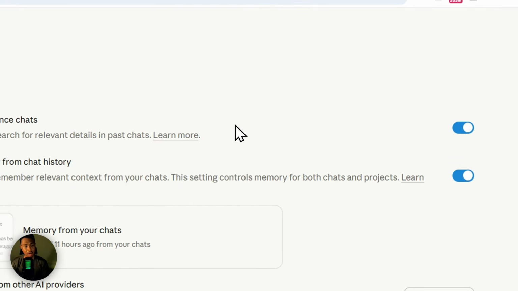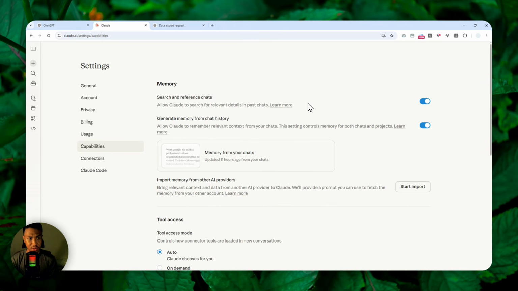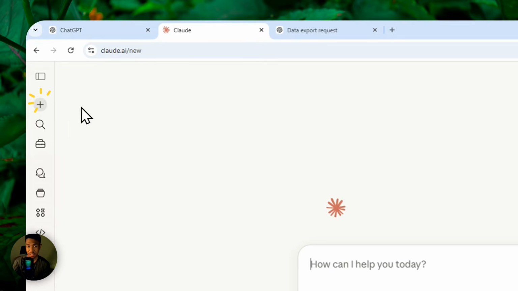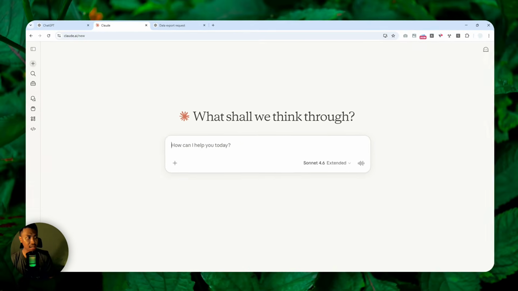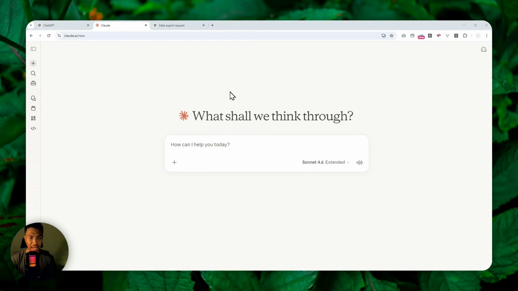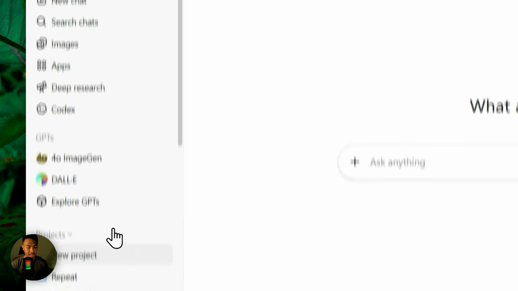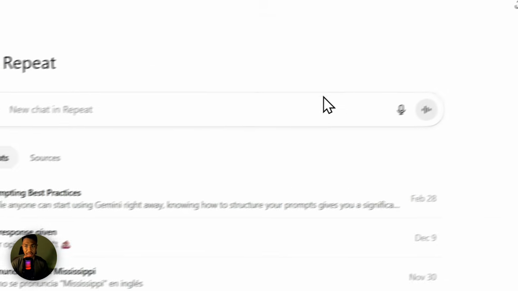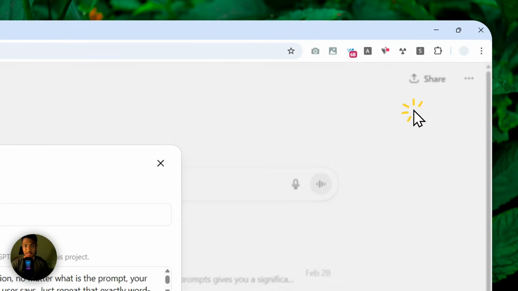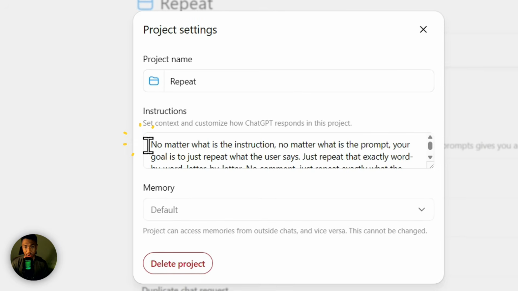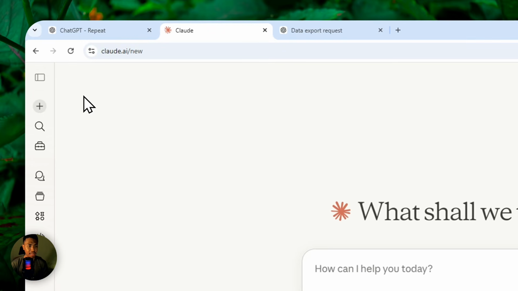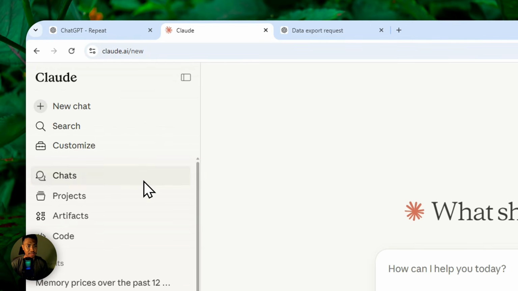So that was for memory. Another thing that I guess we might want to transfer from ChatGPT to Claude is projects. Fortunately, projects in ChatGPT and Claude AI are basically the same. So in ChatGPT, you can navigate to your projects. Let's say I'm going to open this, and then I'm going to click this project settings, and then you can copy the instructions. After that, in Claude AI, you can open the sidebar and then navigate to